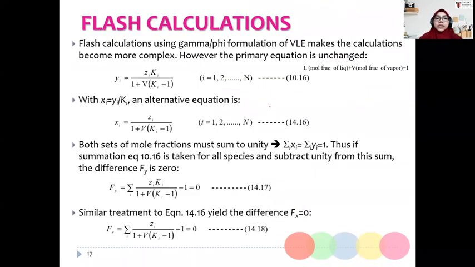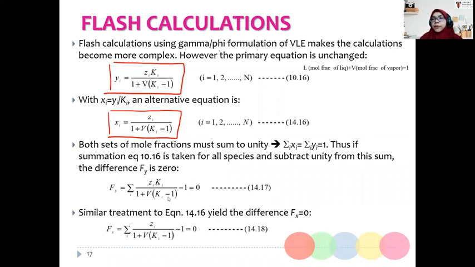Okay, for the flash calculation, it is the other way to obtain the gamma-phi formulation for the VLE by using this expression. So the composition of the liquid phase and vapor phase also can be obtained from the flash calculation. So we can perform this flash calculation by performing the